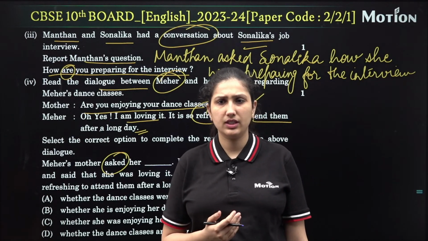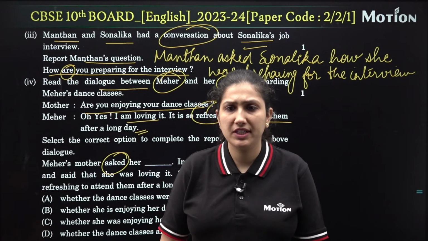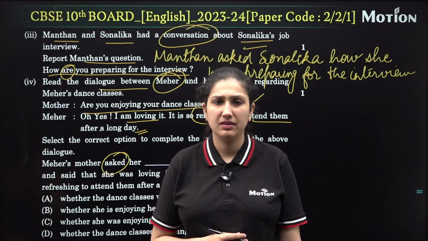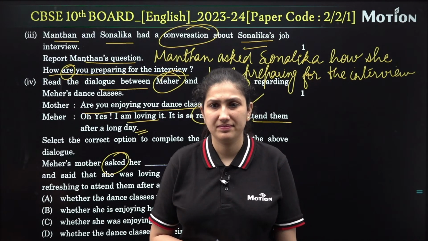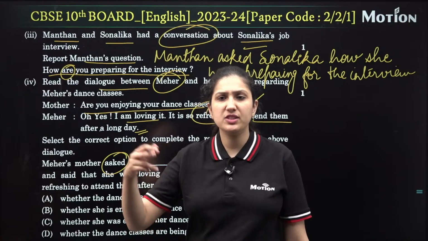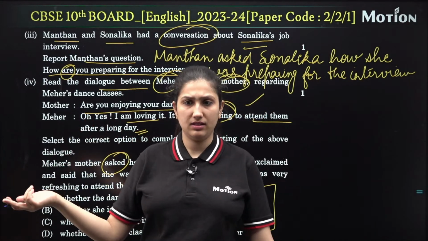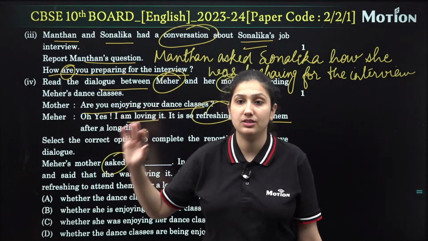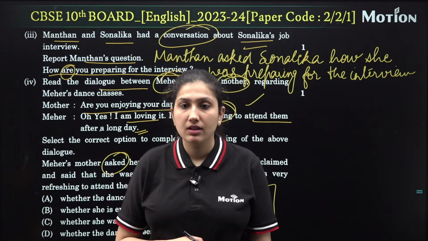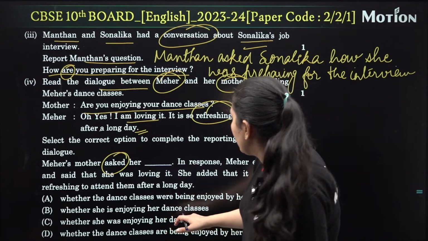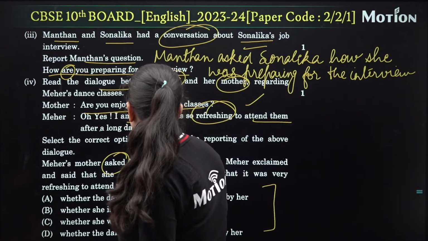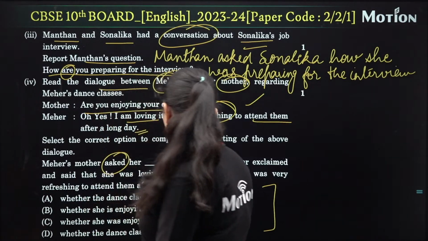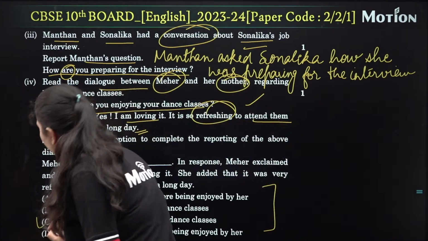No, could is not the correct answer. Vishnu, Gajendra, tell me. See, कोई चीज़ हो सकती है, can is for the ability part. कर सकता है. We are not pretty sure करेगा ही सही. Yoga will do this. Option number C. Okay. So are you enjoying? So whether she was enjoying her dance classes, yes, option C is the correct.